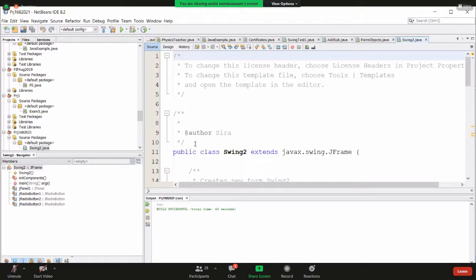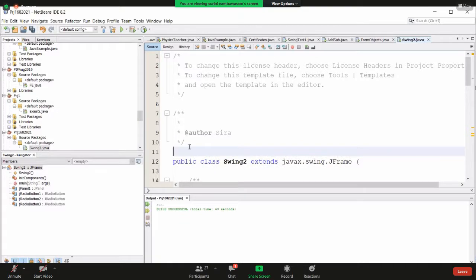Just before the class declarations, I will add the button group, then say private void group button, and put some brackets.